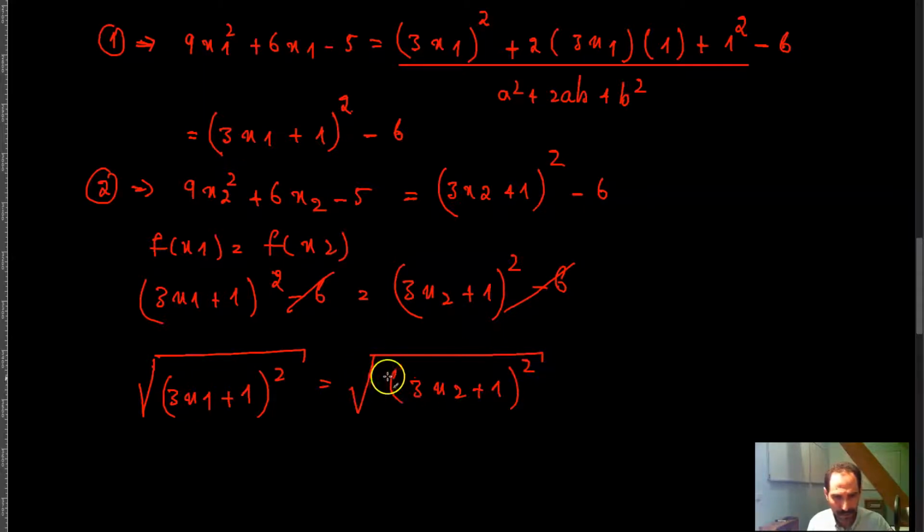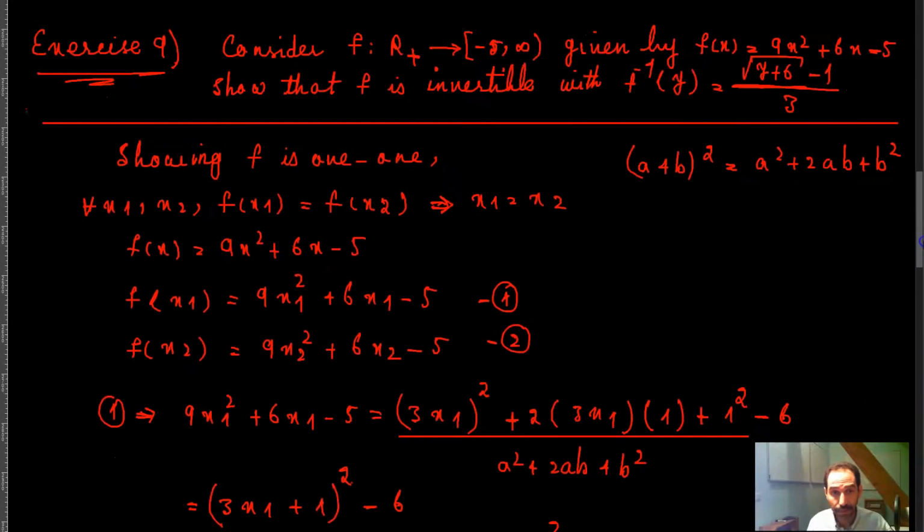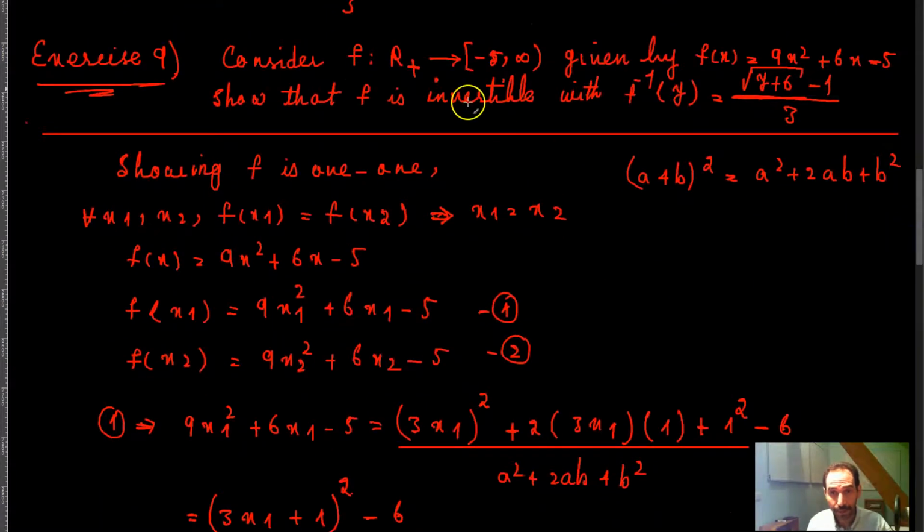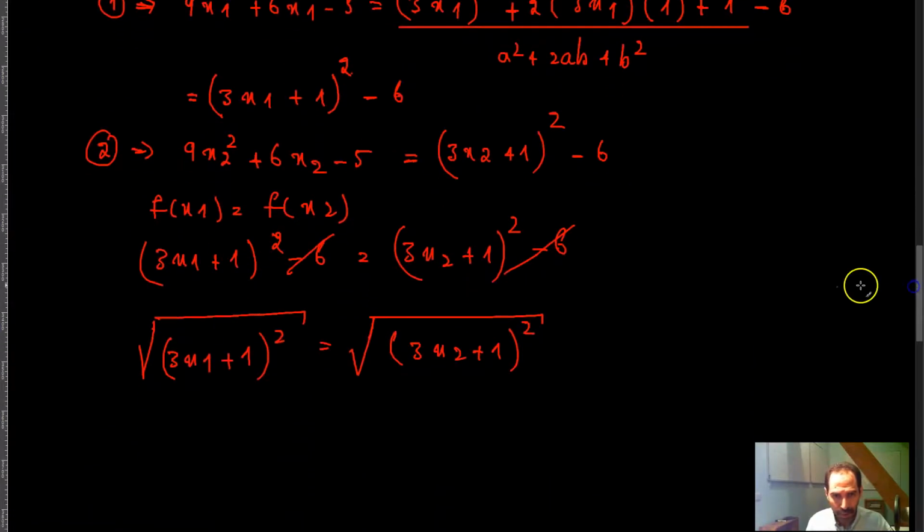And now you can see that over here what we are saying is that x belongs to this set that is only 0 and basically positive numbers, which means that if x is a 0 or a positive number, multiplied by 3 is a positive number, plus 1 becomes a positive number, and so if I take the square root of the square of that expression, that gives me only a